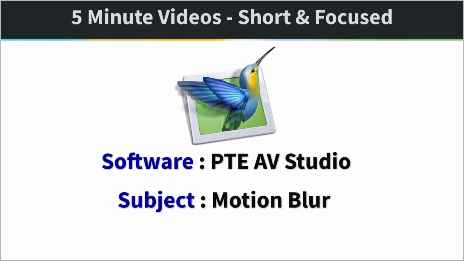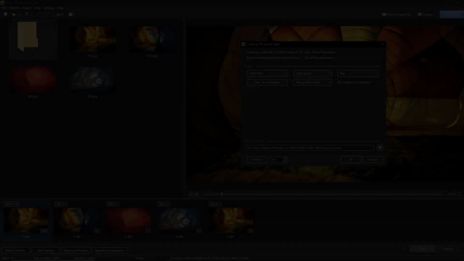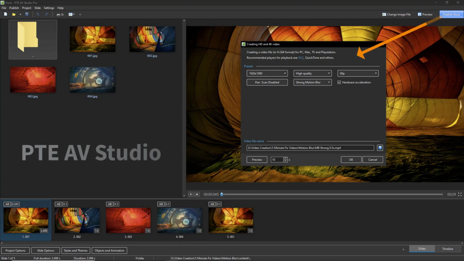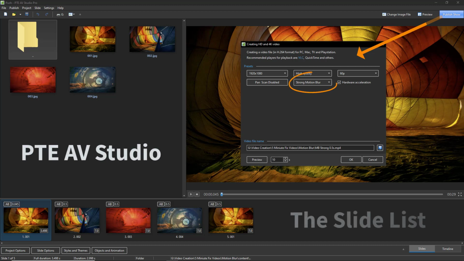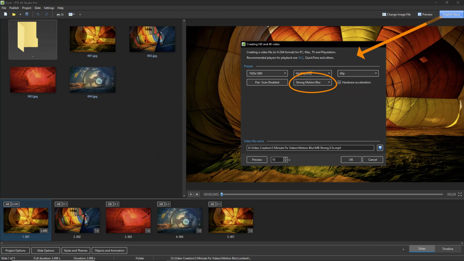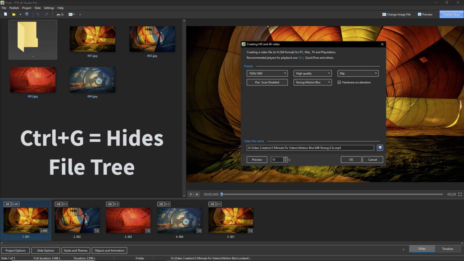One of the settings within the publish options of PTE AV Studio is motion blur. Motion blur is something we should consider applying whenever we introduce fast-moving animation into our presentations. Now, I'm talking mostly here about still image animation, but I think I can demonstrate motion blur better with a